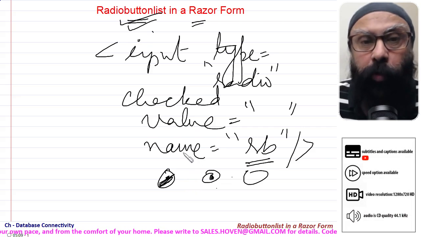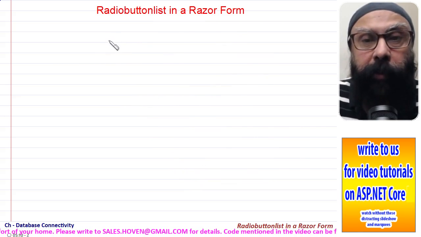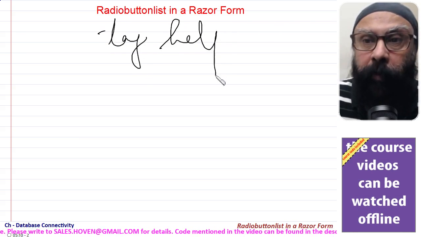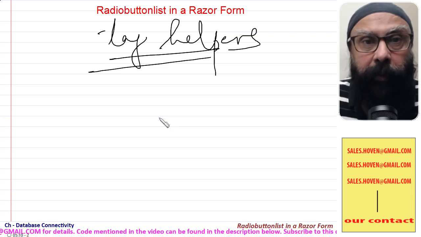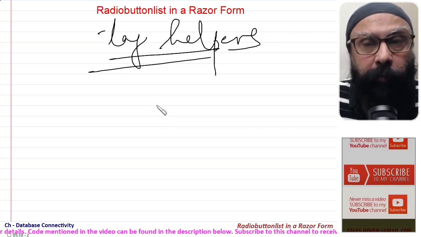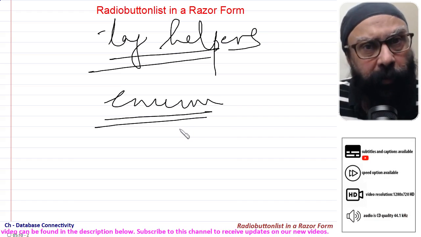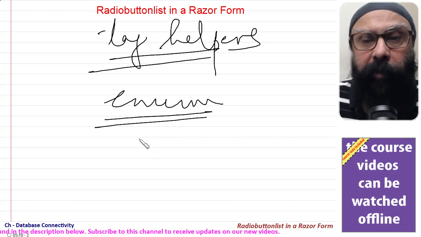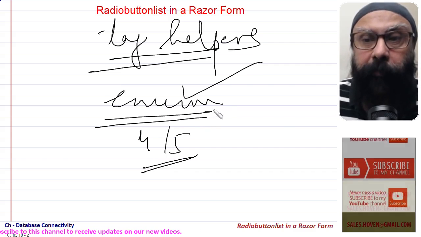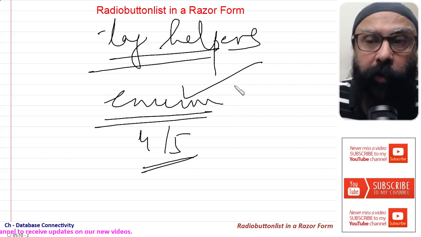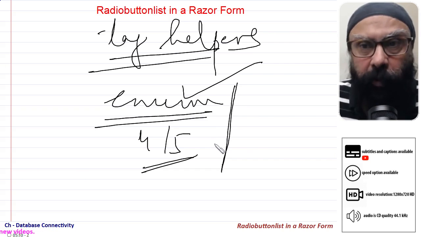Now in ASP.NET Core it is possible to create a radio button list simply by using tag helpers, and the syntax is fairly easy. I'll explain how to do that, but let me also say that in this tutorial I shall be creating the radio button list with the help of an enumeration. This may be one of the requirements in some projects where the radio button list is small, let us say 4 or 5 items, and a hard-coded enumeration might be a good option. But if you do not want to use an enumeration, you can use a database query and obtain the items. So that also I'll explain.